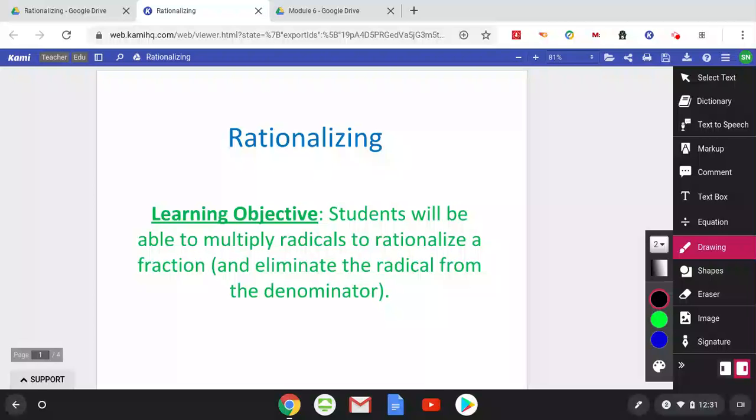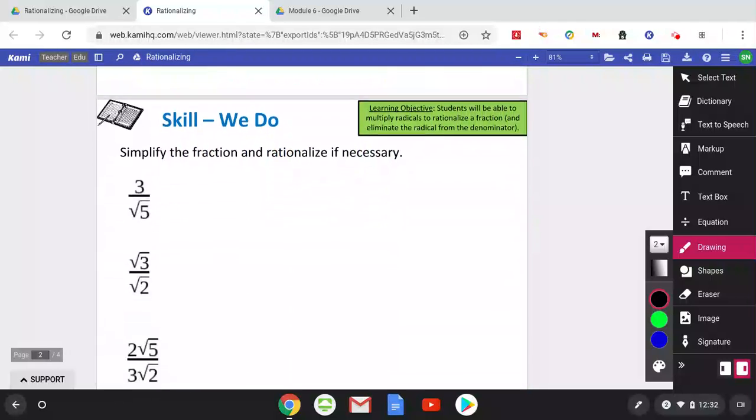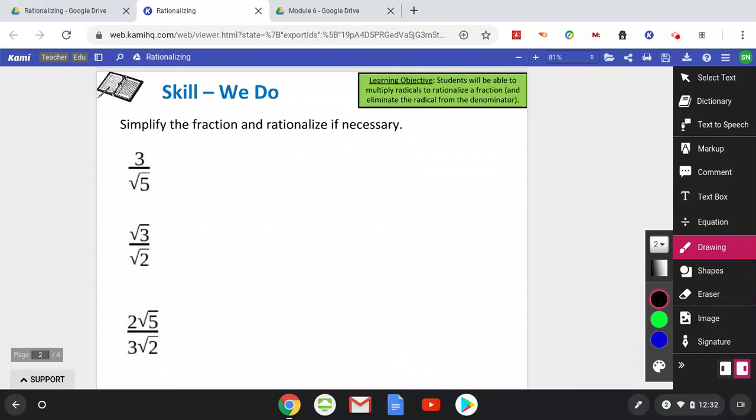Hello, in this video you will be rationalizing. You will be using your skills of multiplying radicals to eliminate the radical from the denominator of a fraction, the denominator being the number at the bottom. For example, if you look at the problem at the top, 3 divided by square root of 5, also pronounced as 3 radical 5,